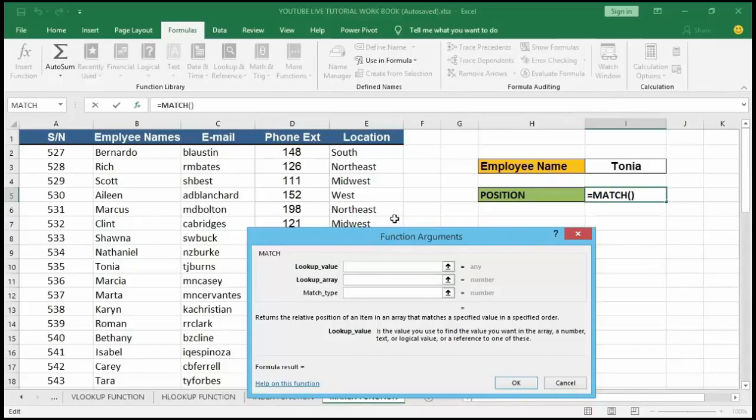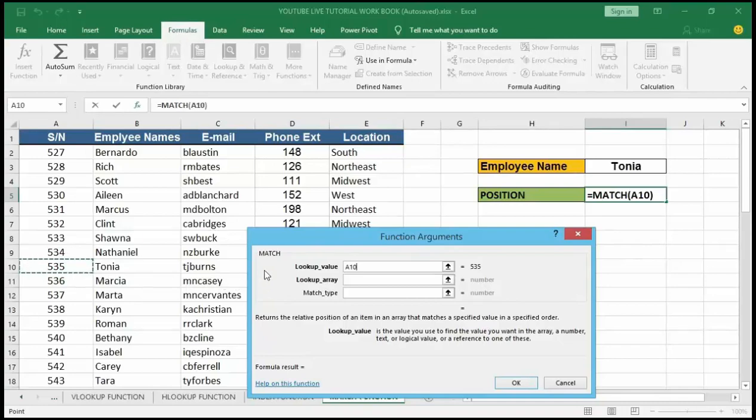In my case, I want to know the position of the employee name called Tonia. So I'm going to pick cell A10. Cell A10, you can see, is where I can find Tonia. So I want to know the position here, so I'll give it a click.